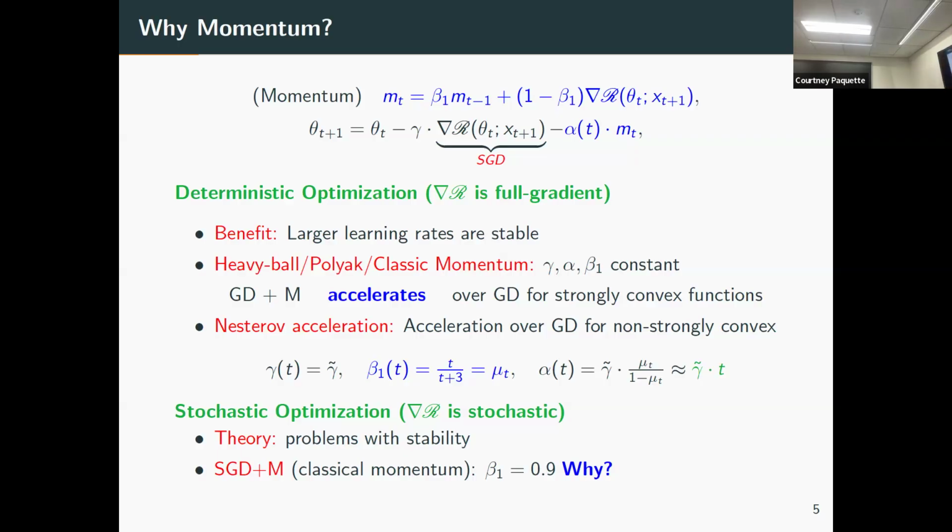This algorithm is notoriously known to be completely not intuitive, how do I say this? It's the way these choices are made. The way beta 1 and alpha are chosen is just from an algebraic view. You write down the things that you need and you set one term equal to 0 because you don't want to deal with it. And when you set it to be 0, this is what pops out as the choice there. So the proof is totally non-intuitive and people don't really understand it even from that viewpoint.